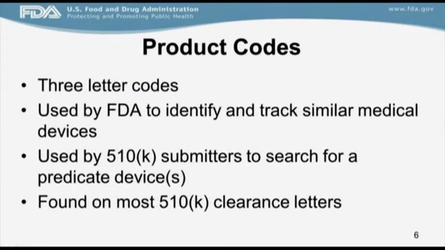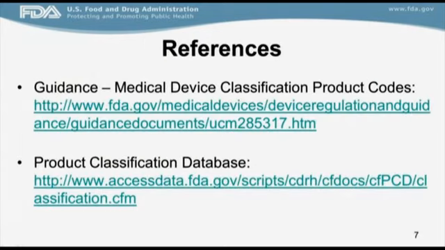Most product codes are found on all 510K clearance letters. This can be extremely useful to you as you can search for relevant products that have similar product codes. Within this slide, I've provided you references to the guidance document on medical device classification product codes, which provides you additional information on what product codes are and how they can be used, as well as my favorite reference is